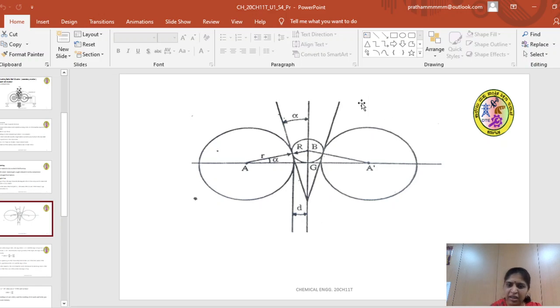Once again I will repeat, the angle of nip is nothing but the angle formed by the tangents drawn to the faces of the rollers. So let us take capital R to be the radius of the feed, and the small d into 2d will be taken as the distance between the two roll faces, and this small r is the radius of the smooth rolls.